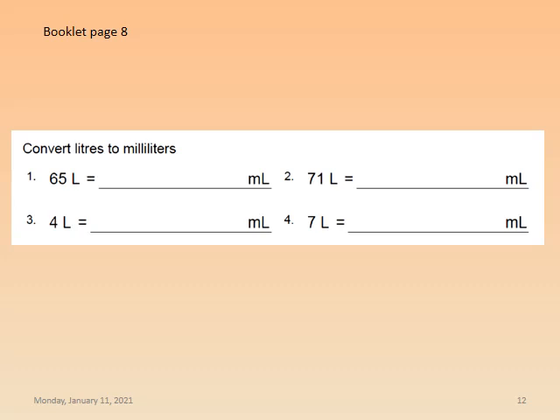Now, help me please to convert liters to milliliters. If I have 65 liters, can you help me change them into milliliters? Yes. We will multiply them by 1,000, which will give us 65,000 milliliters. Now the 71 liters will be 71,000 milliliters. Number 3, 4 liters times 1,000, it's 4,000 milliliters. The 7 liters times 1,000 as well